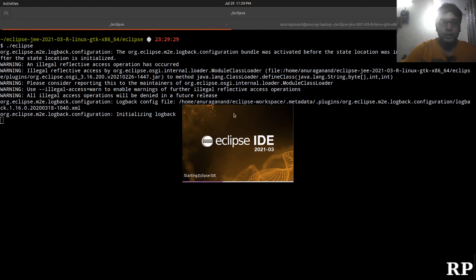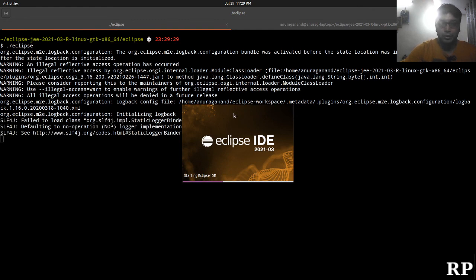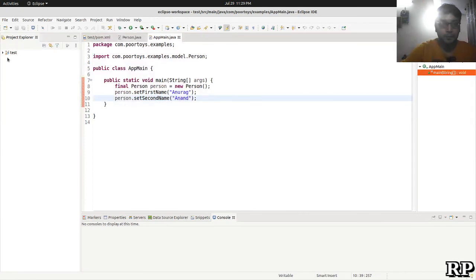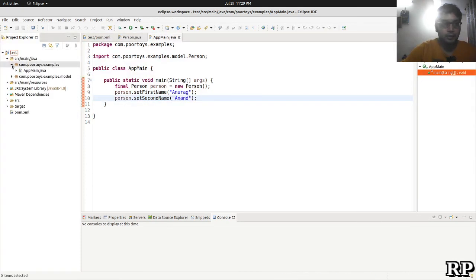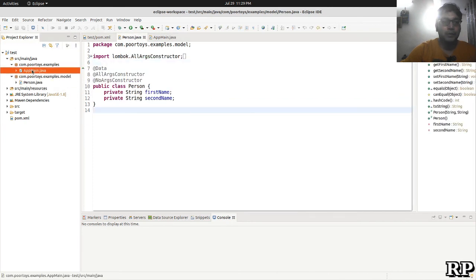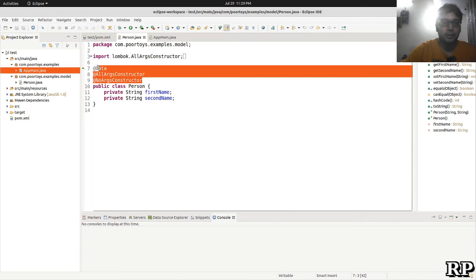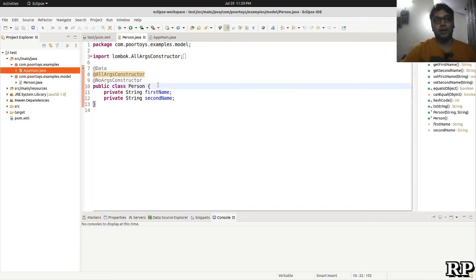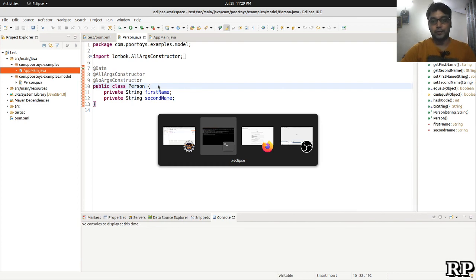So this is how you install and uninstall Lombok in the Eclipse IDE, and where the changes are made in the IDE. And I will make a video on what happens in Lombok, on the use of Lombok annotations and how it works. So see you in the next video, and thank you for watching.